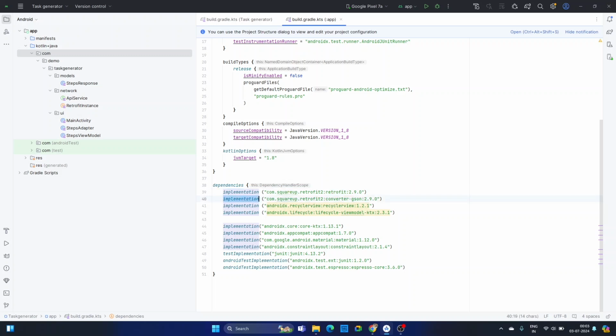And secondly, we are using the retrofit converter, for converting JSON to JSON. Okay, and after that we are getting the lifecycle and view model dependencies here. So we are processing it as the MVVM procedure, so we are going to use the view model as well. So let's move to the